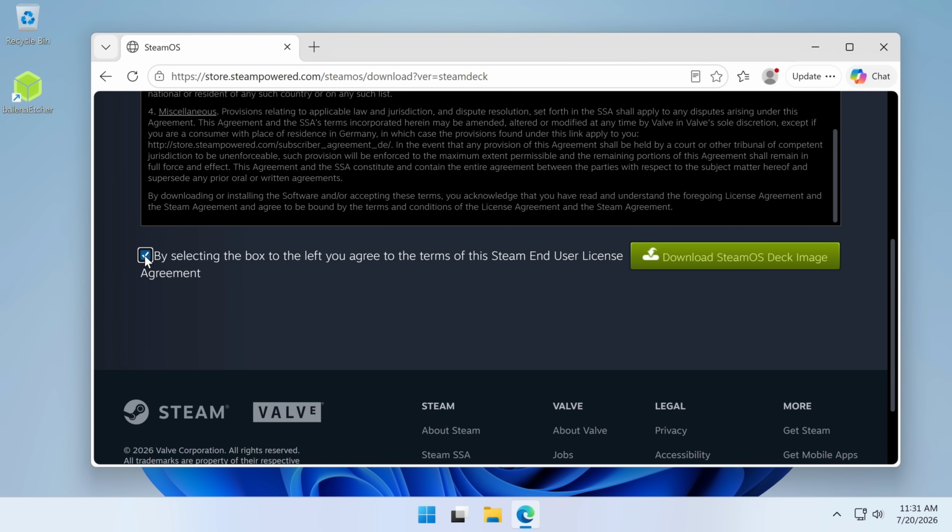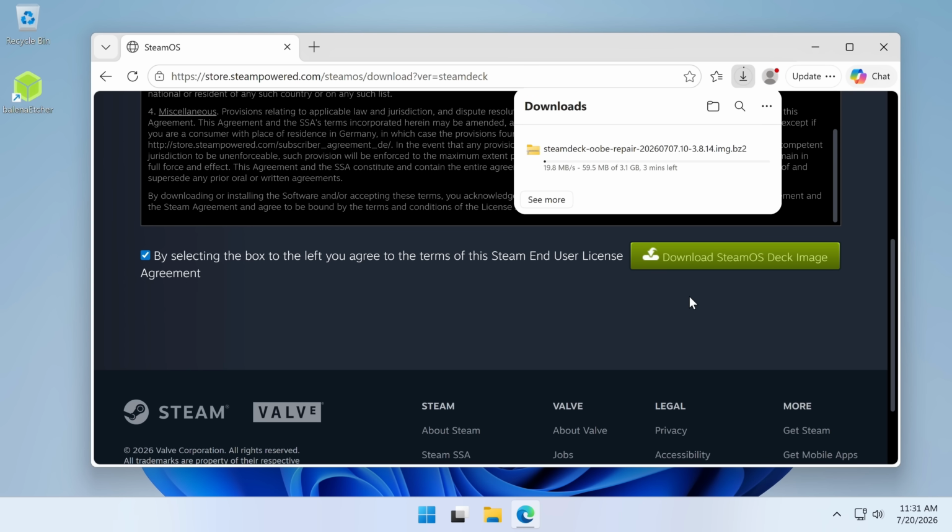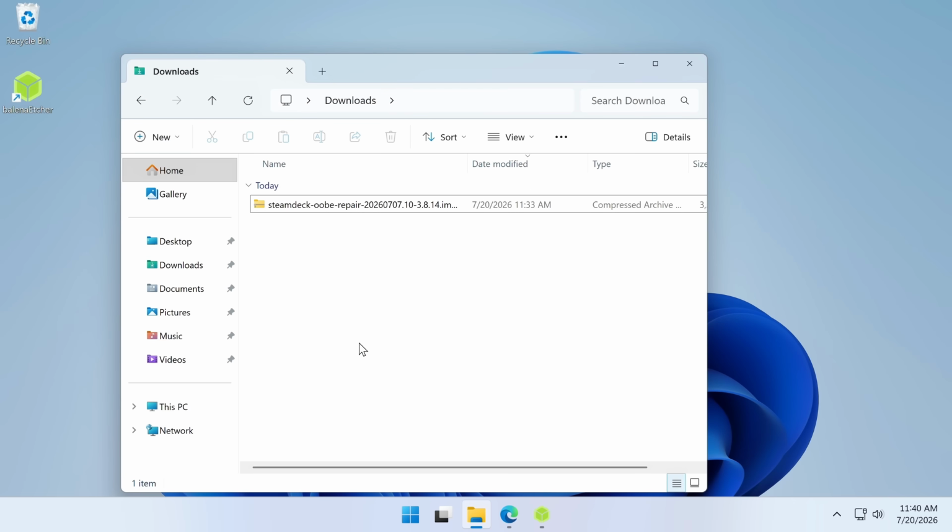I'll check this box right here, and then I'll click the download button. And it's a large download, so it might take a few minutes to complete. I'll give mine a moment to finish, and I'll be right back. And now that my download is done, what I'll need to do is extract the compressed archive that includes the